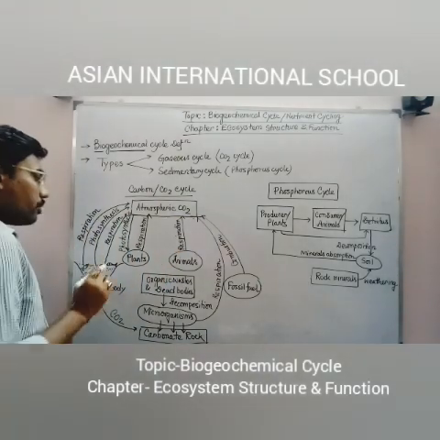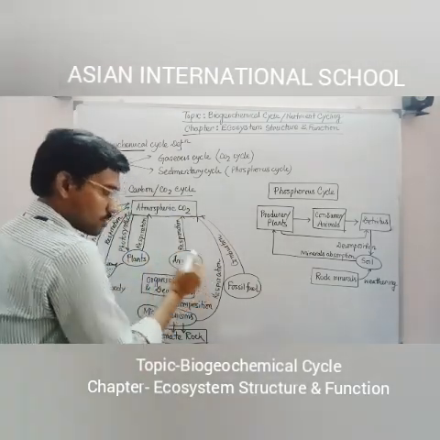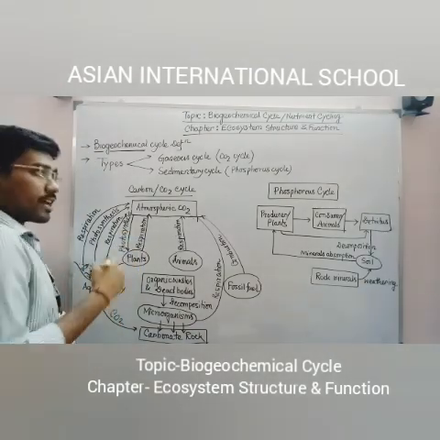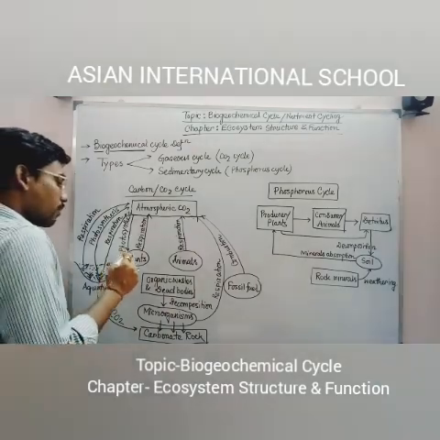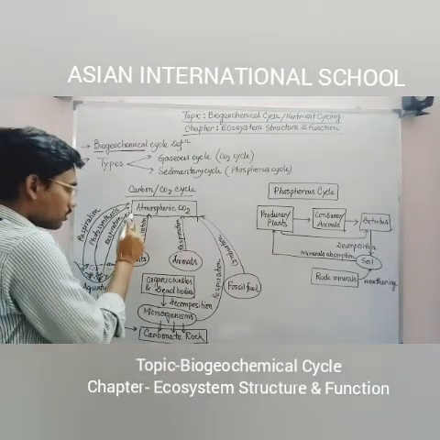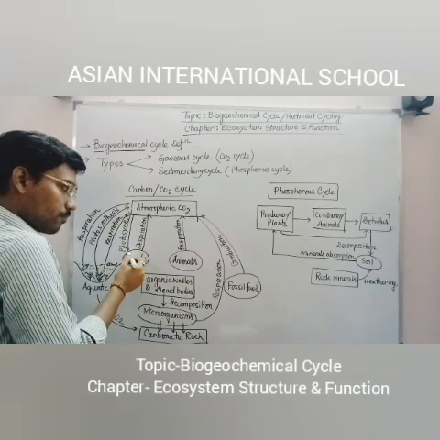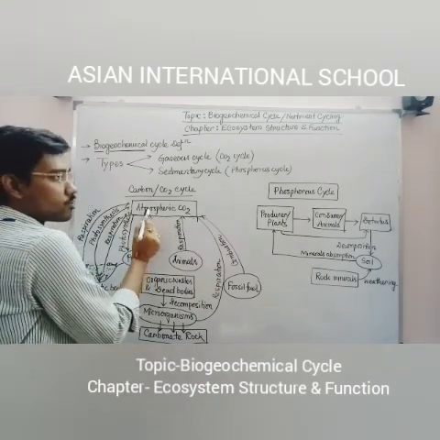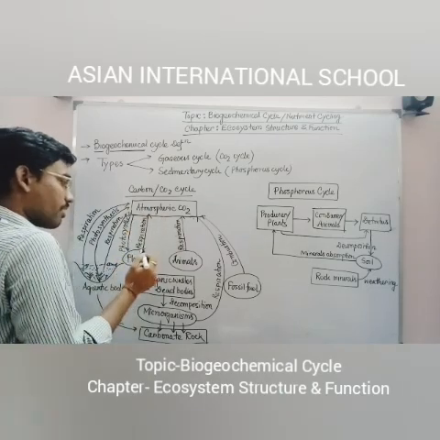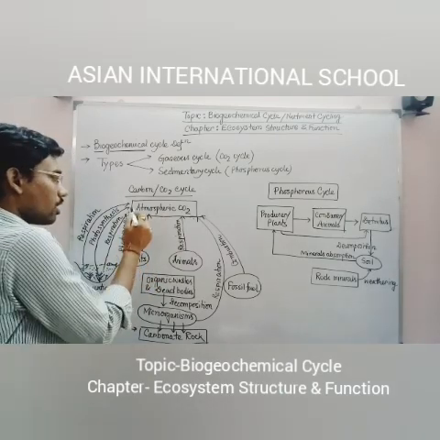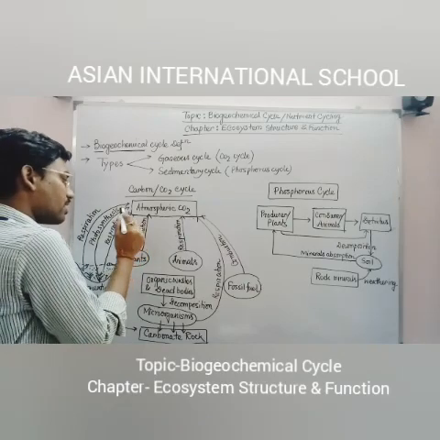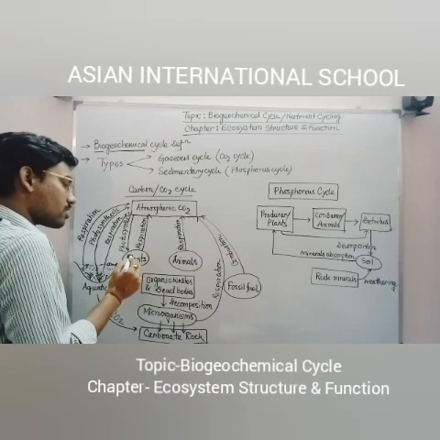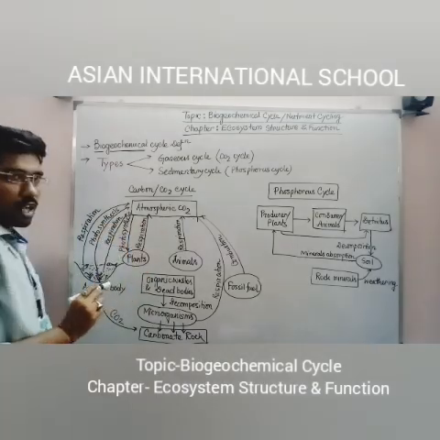After that, we will write plants and animals. Clear? Keep it in your mind, from the plants, two different arrows, a bidirectional arrow, we have to draw. Why? Because plants perform photosynthesis, so they need carbon dioxide from the atmosphere, and when they perform respiration, they release carbon dioxide into the atmosphere. So we give two reversible arrows here to show that in one arrow, for photosynthesis, the plant takes carbon dioxide, and in respiration they return carbon dioxide to the atmosphere.